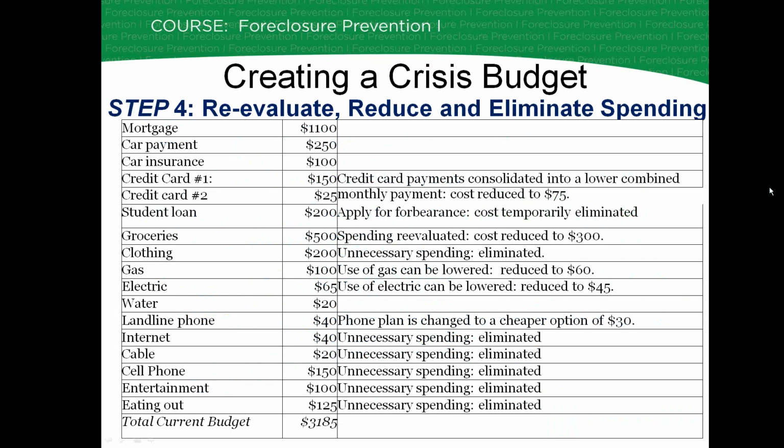You may be able to call the credit card companies and request a short-term forbearance with the credit card. You can see if they can reduce the interest rate for you. You can shop around, if the credit's good, for another credit card that may have a lower interest rate and transfer the balance. You can also look at a debt management program, or DMP, where they combine everything into one payment basically,